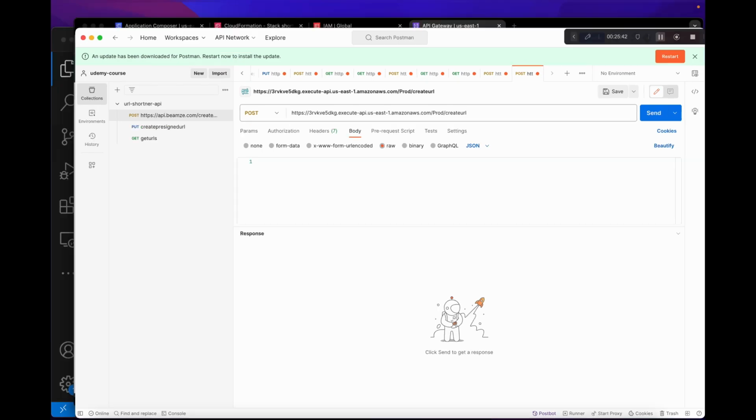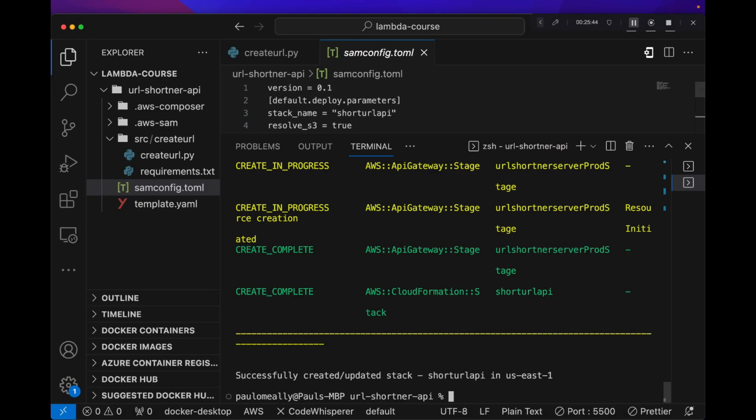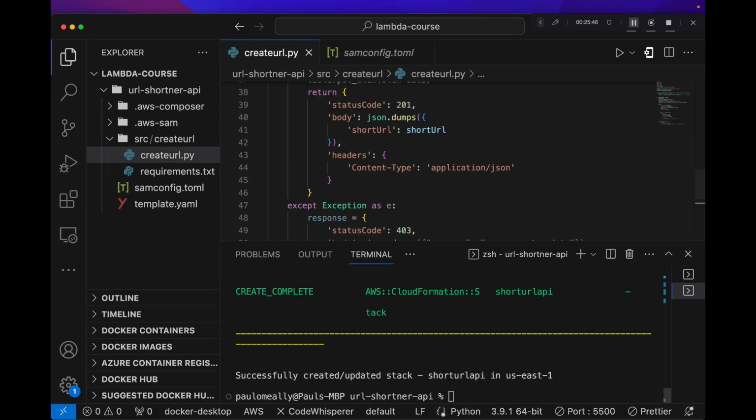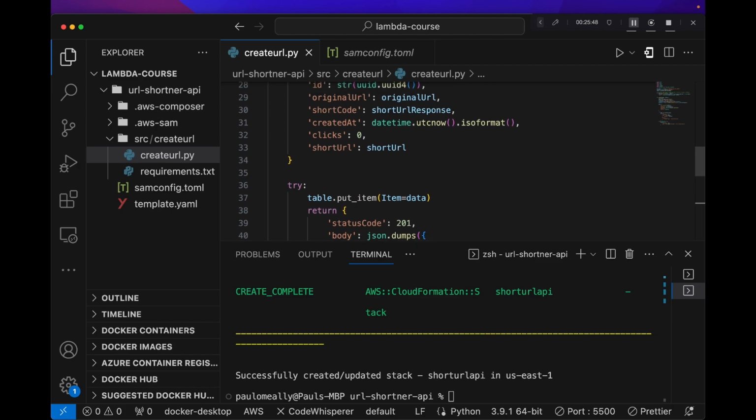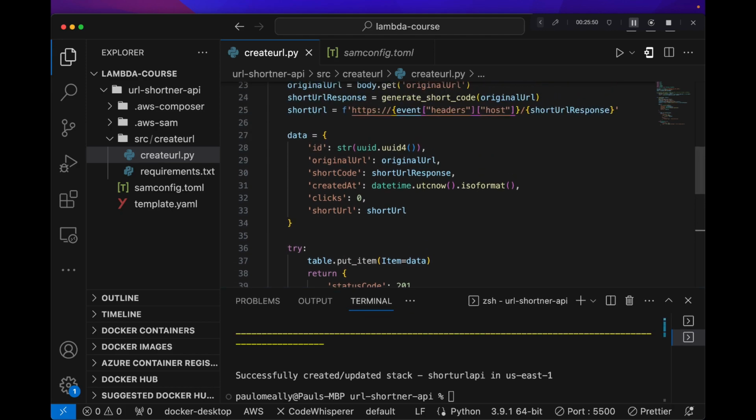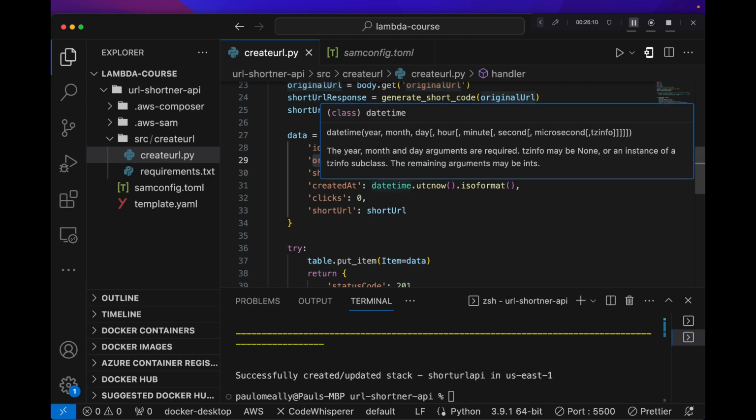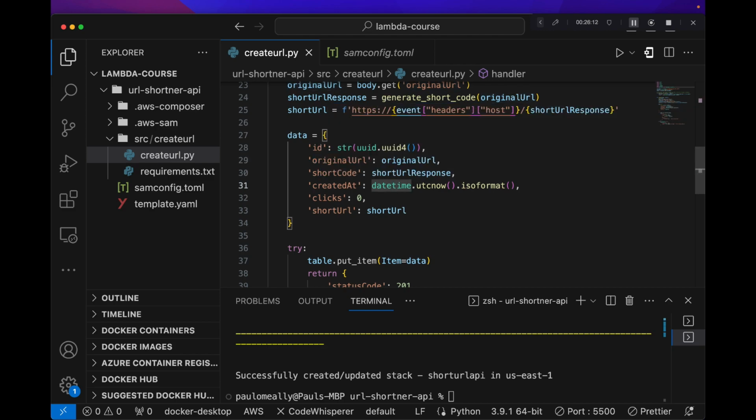Now, if we look back at our code, there are a few things that we specified that should be in our request. The ID is unique, and this will be dynamically added, but we wanted the original URL. The shard code should be dynamic as well, created at click shard code. So the only thing we need to send is the original URL. All these are computed programmatically. So let's go ahead, and